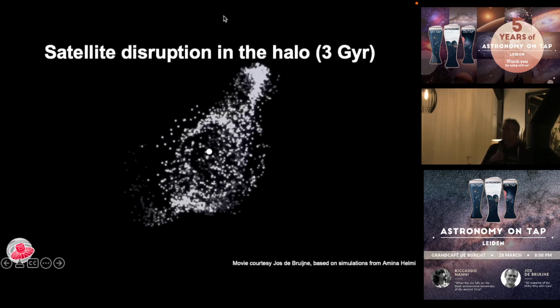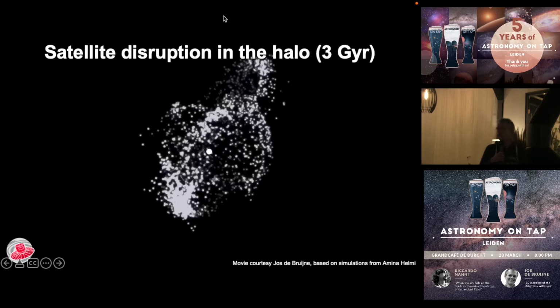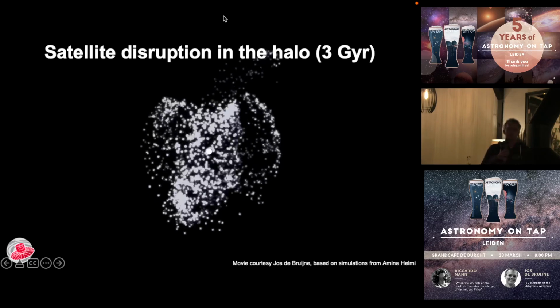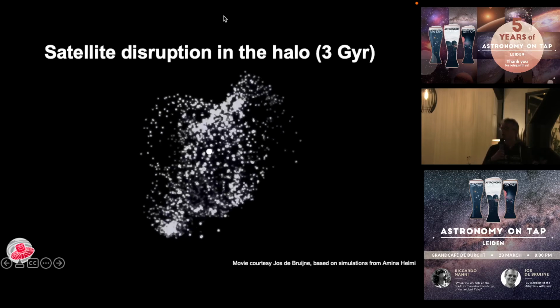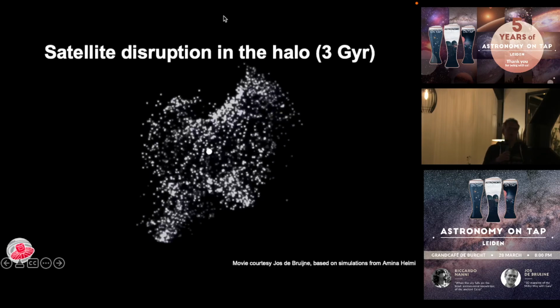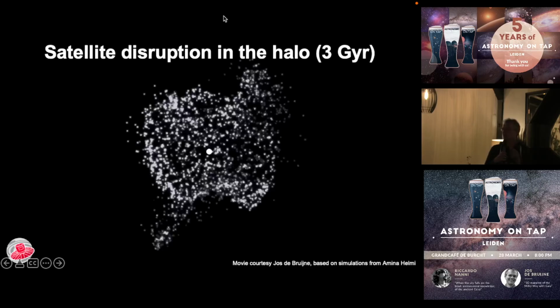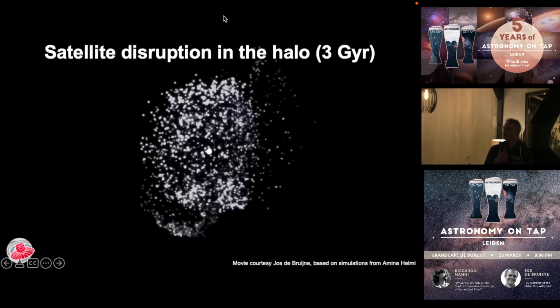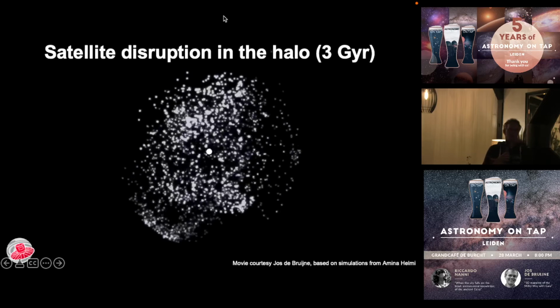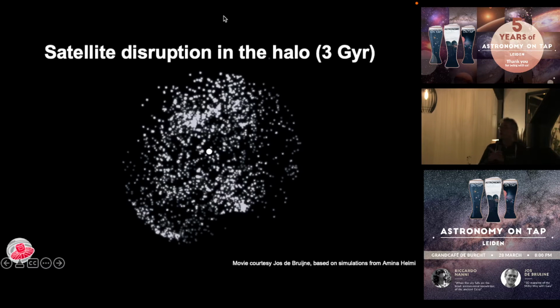And over the course of these 3 billion years that the movie lasts, basically these stars are spread out all over the sky. They are just all over the Milky Way. And from the location where they are today, you can't really recognize that they came from one merger event in the past. But what you can do is, if you can measure the motions of these stars and their chemical composition, you can go back in time and you can still recognize these stars as belonging to that one particular